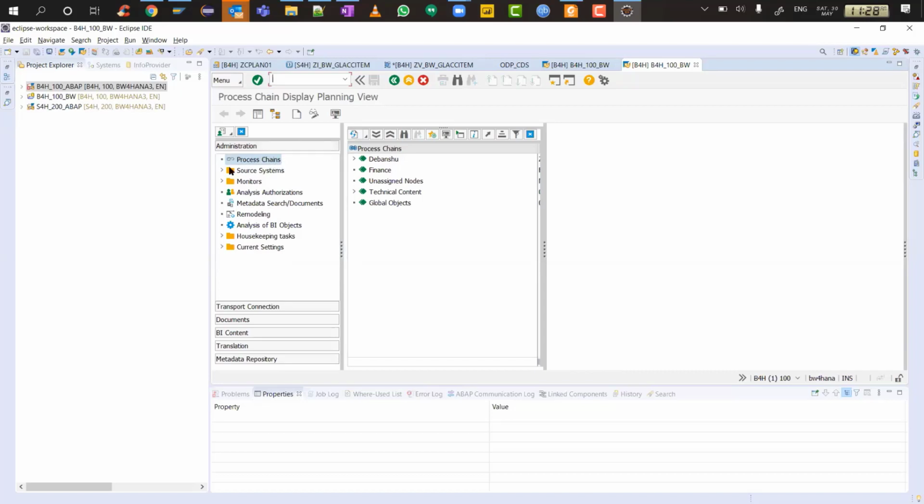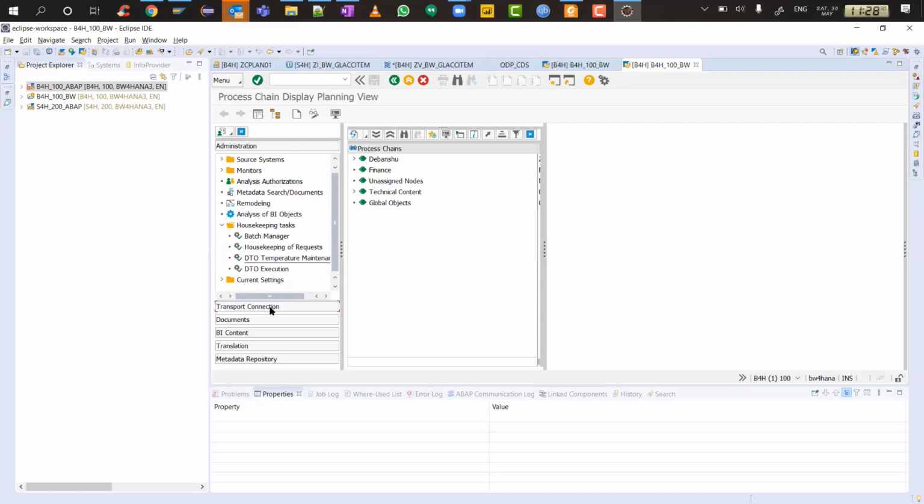In administration, you have process chain, you have source system related administration, you have different monitors, your process chain monitor, your HANA analysis process monitor, etc. And then you also have your analysis authorizations, you have your housekeeping tasks like your batch manager, data tiering, optimization, execution, etc. And then you have your current settings, your partitioning, DSO, info provider, etc. So all the administration and monitoring tasks you can still do from RSA1.